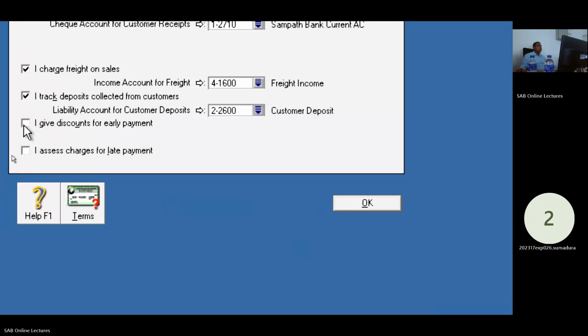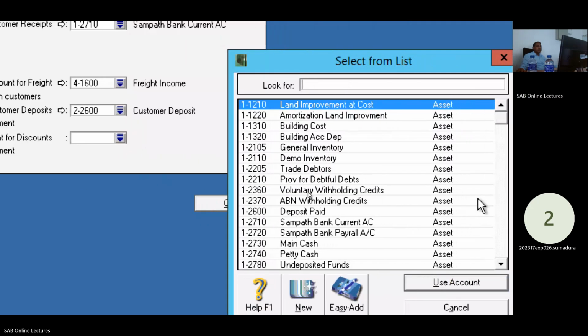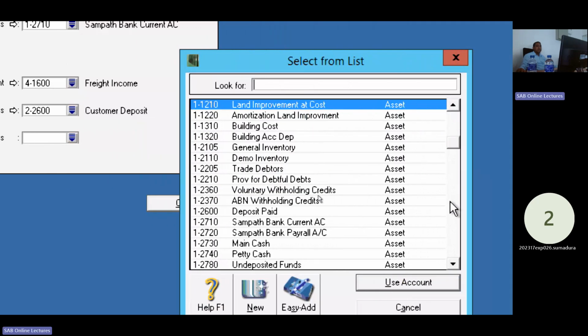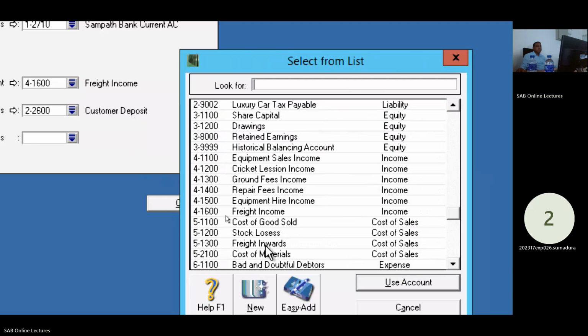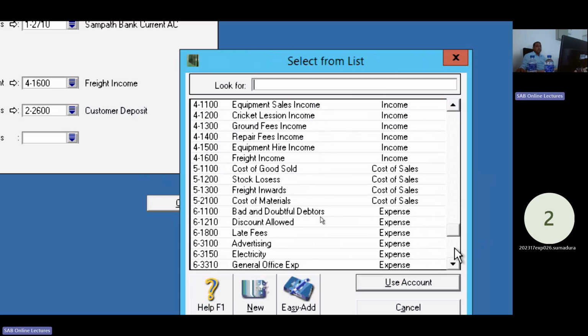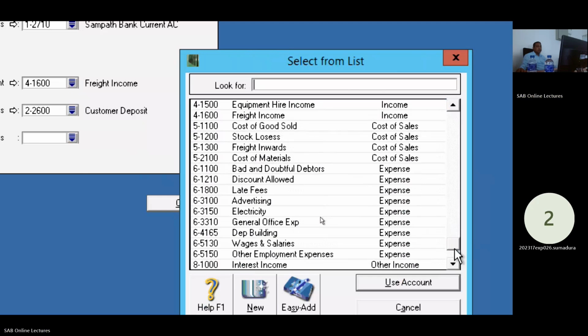Third one, I give discount for early settlement. Expense, look at here, expense account or cost of sales for discount. Both you can select. Either control account. Click on here, select your expense section, now cost of sales. There is no discount account in the cost of sales. In the expense section,